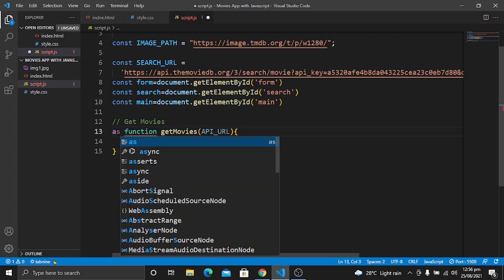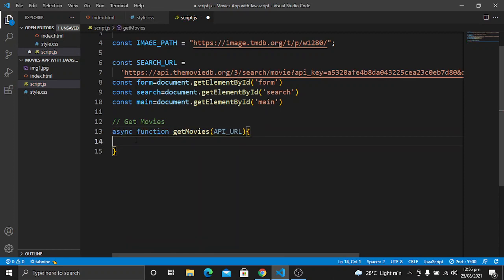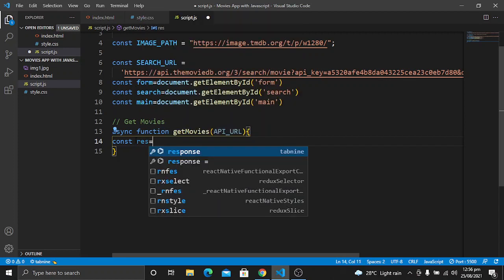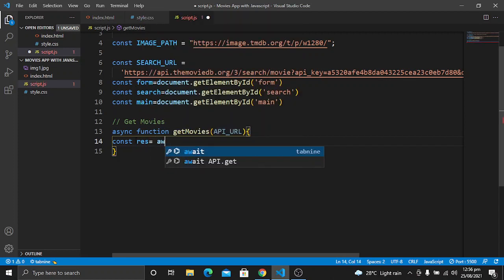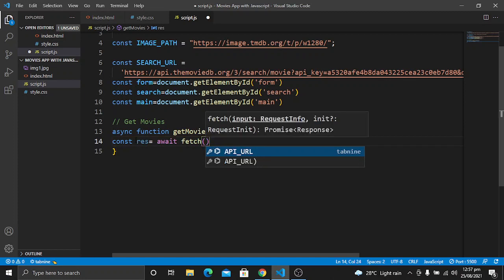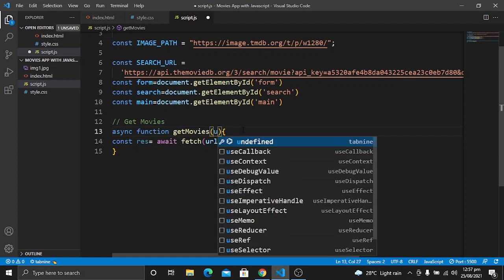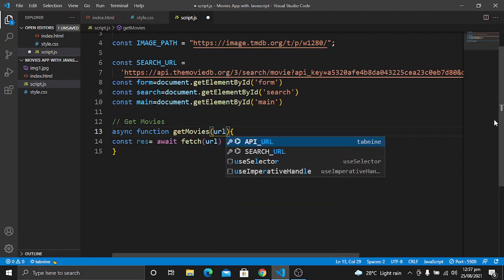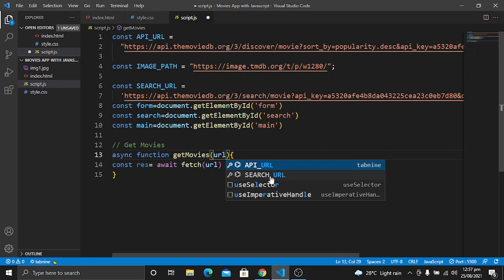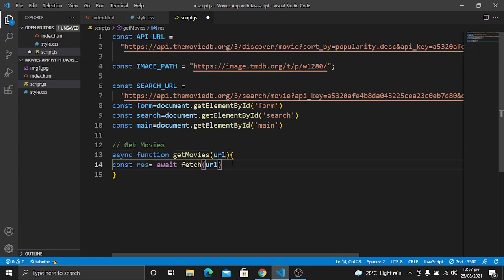Before the function keyword we will use the async word, and then we will use a const response variable, and in this variable we will store the data that we get from this API. So we will use await, then fetch, and then the URL. Just give it the name URL, because we have used the API URL name for this API, so it will mix up if we use the same name for two different things.